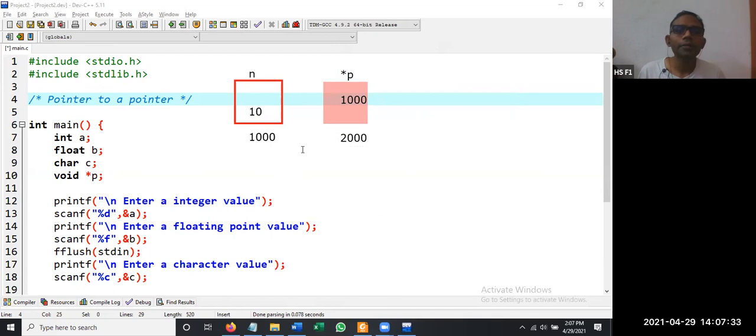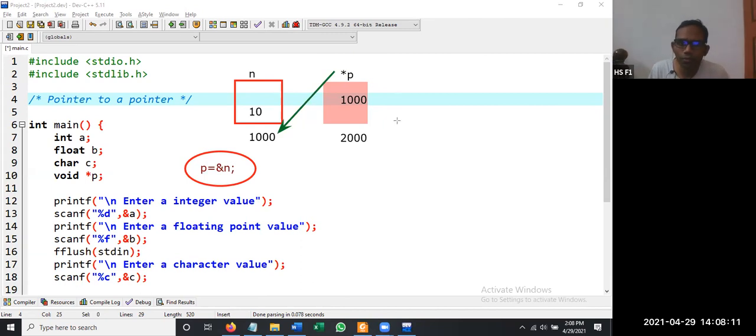So what do you mean by this? Already we have written some code, something like this. That is, we have written the code p = &n. Then only we will be having this address. Is that right? p = &n. This particular code is going to give a connection between these two memory locations. Now the pointer is capable of pointing to this address. So this is what we have seen so far.